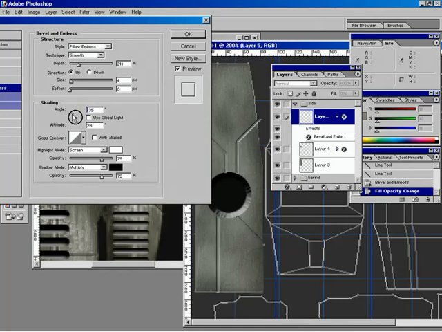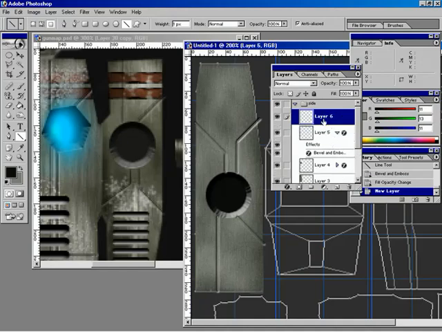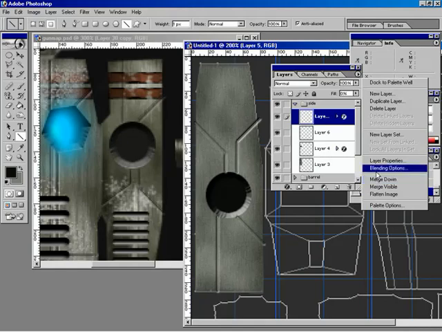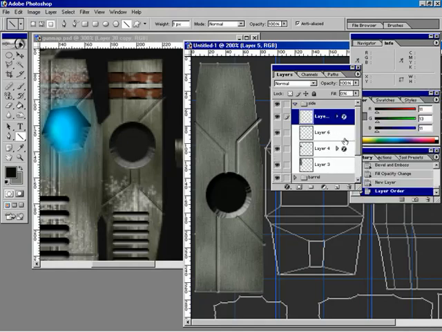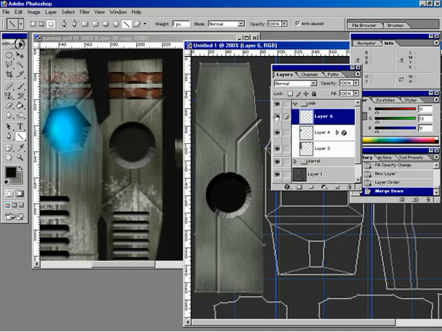Tell you what, I don't want to sit here and play this too long. Instead, I'll just hit Cancel, and come in here and just create a layer just below it. And this is kind of a cheat way of doing it. Merging this layer down will get rid of your effect. So now we have no effect, but we still have the same look, and then we can come in and